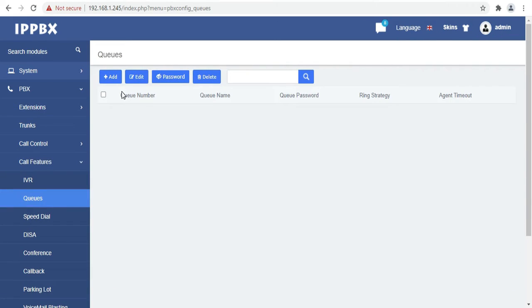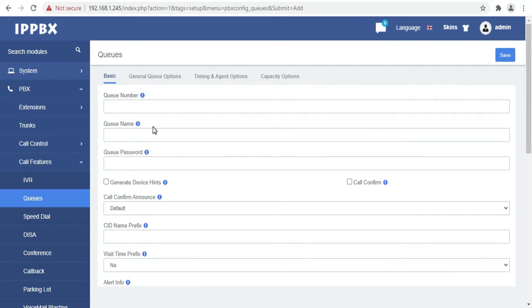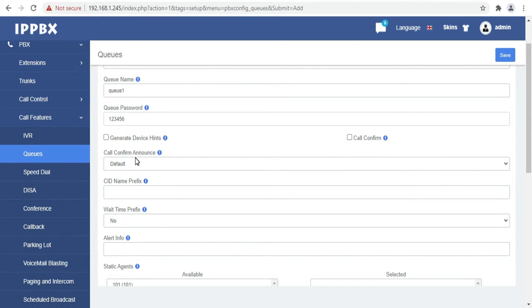Next option is queue. Here we can create the queue for the extensions, or we can set the extension group wise. Also we can set the wrap up time. So we need to create a group first. As I have created 2525, if we want to route the calls to our technical team group profile, we need to set 2525 in the incoming call route.